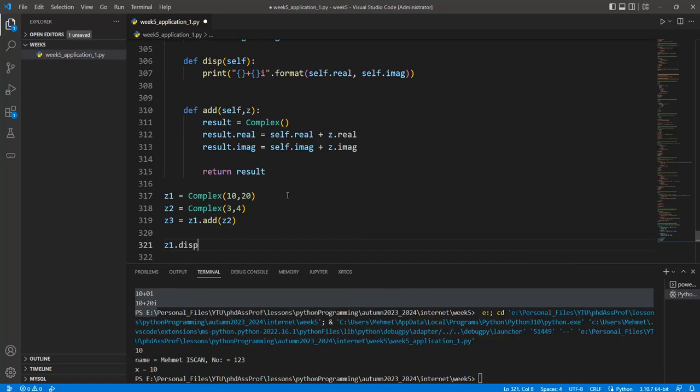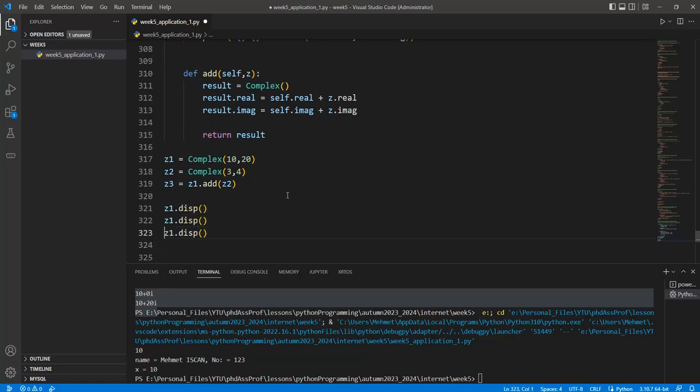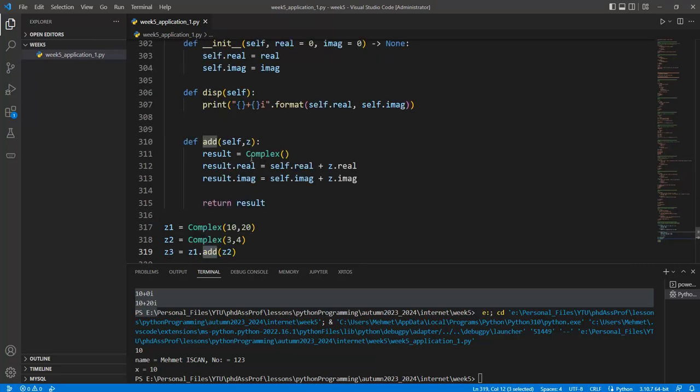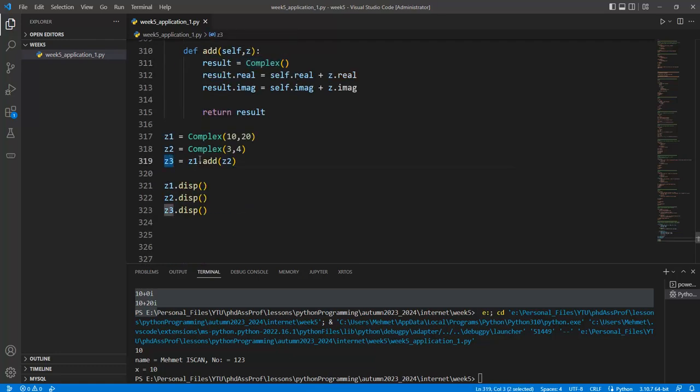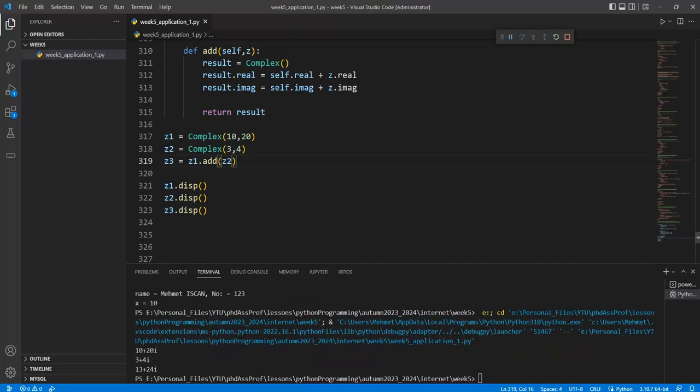Okay, z1.disp, z2, and z3 can be given like this one, and this add takes the parameter z, and then self.real, which includes the 10 and 20 values, so 10 plus 3 creates the real part, 20 plus 4 creates the imaginary part, and this new variable is of the Complex type, and so z3 is created like this one. Okay,